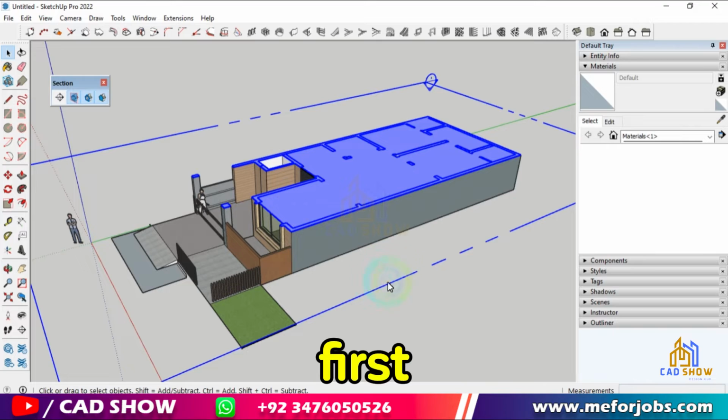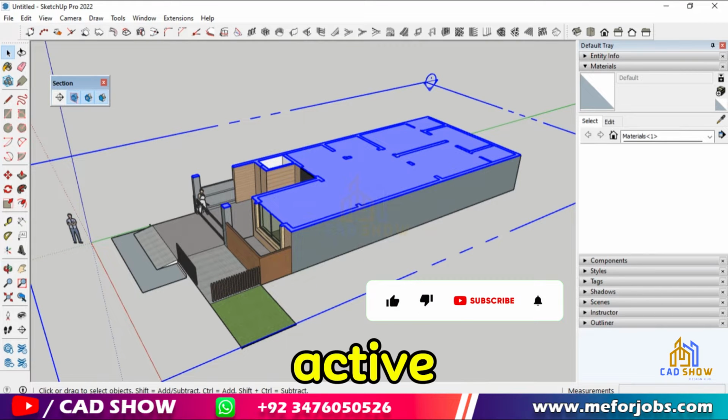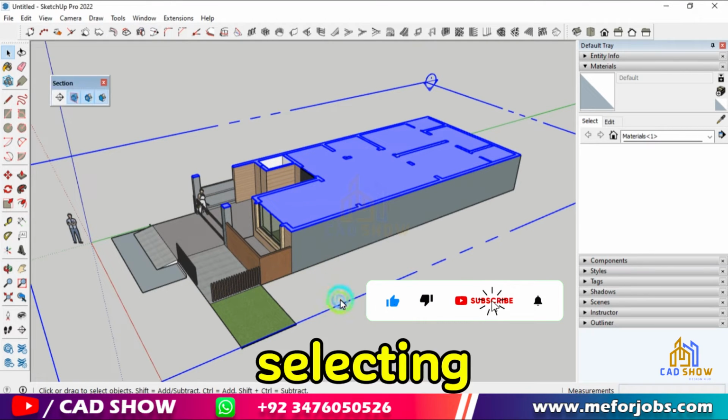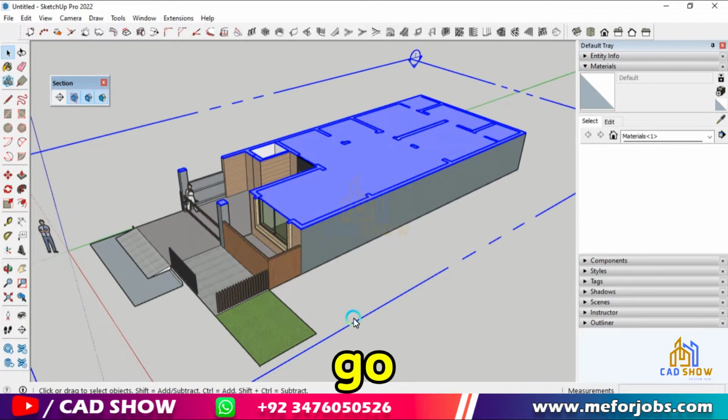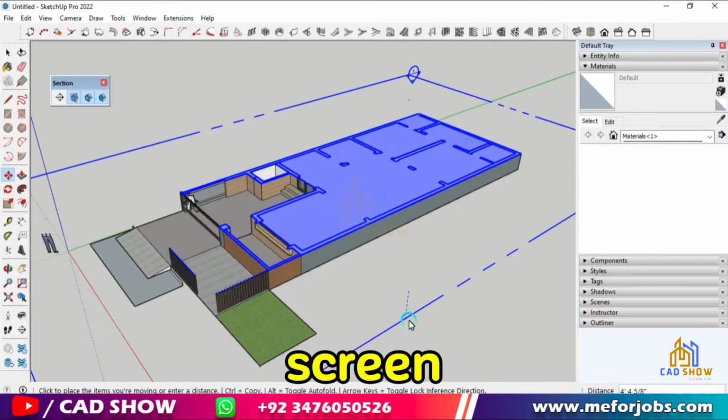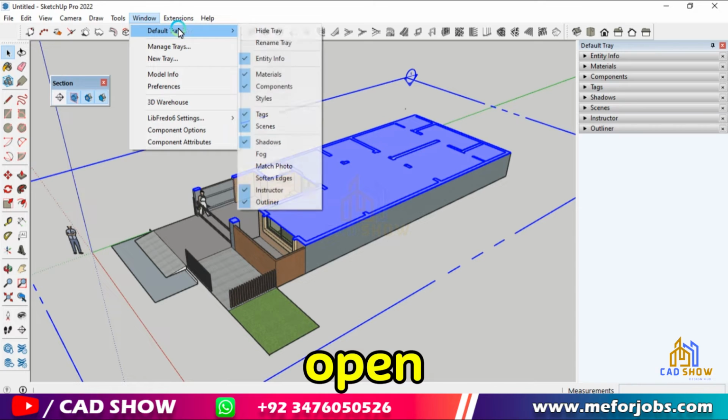Method 1. First, make sure your section plane is active. You can do this by selecting the section plane and making sure it's cutting through your model. Next, go to the Styles panel, which you can find in the default tray on the right side of the screen. If you don't see it, you can open it by going to Window > Default Tray >